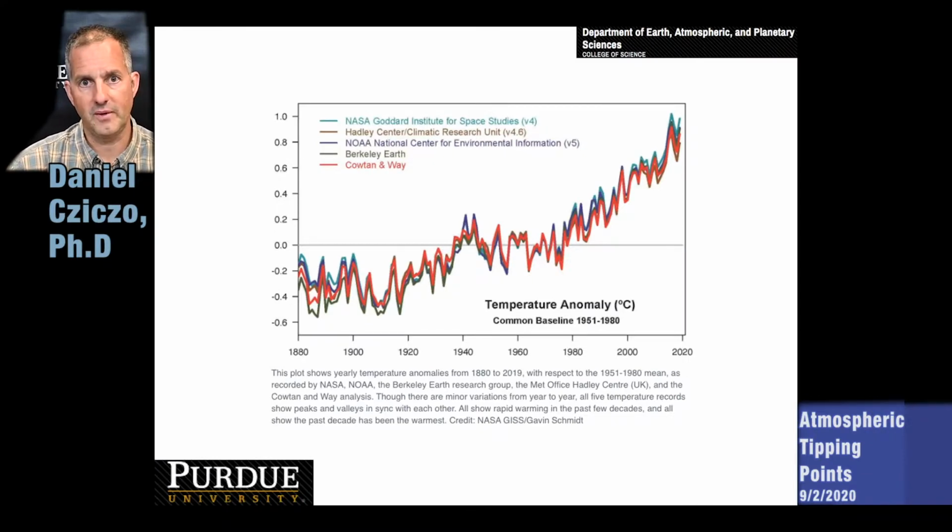So we'll just close by presenting this figure on the increasing temperature of our planet. And again, this is over the last few decades. This is not something that's due to changes in orbital mechanics or increases in the output of the sun. These are changes due to increases in CO2 and other greenhouse gases due to human activities. And we can see that this is not only an increasing positive temperature, but the rate of increase is also going up. So we're getting warmer, and we're getting warmer faster.